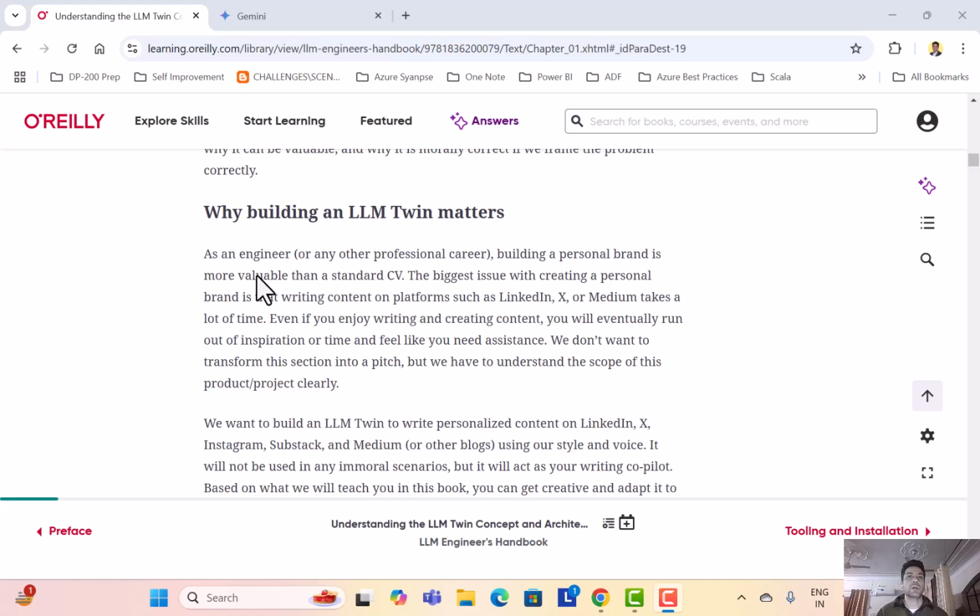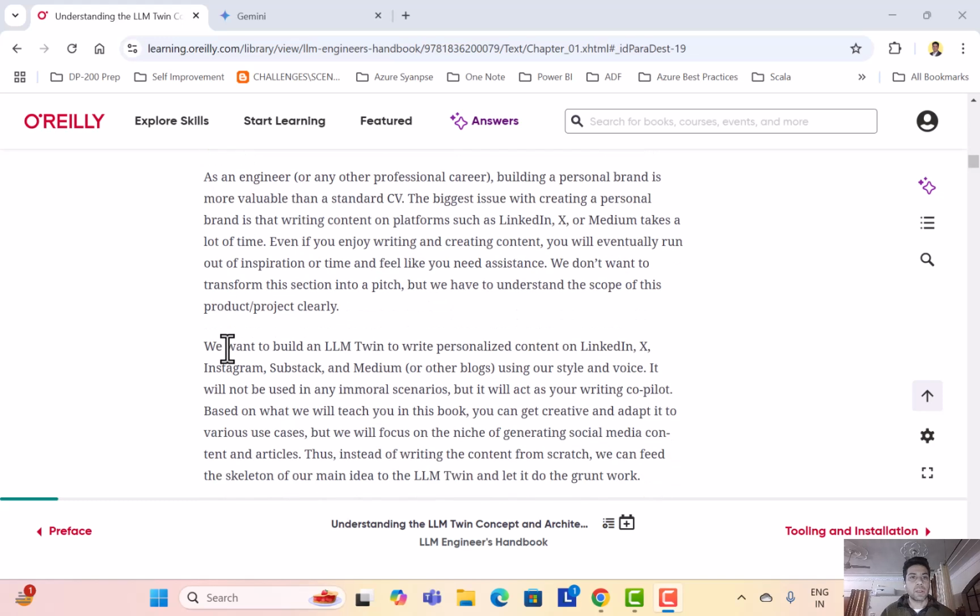I would not go beyond 20 minutes, so let's limit it to 20 minutes, but we will at least try to cover the first chapter, and then we'll move on to the other book. That is how we are going to do this. I hope this style of learning and studying is intuitive. I know I might have spoken quickly while reading the book, but that is how I'm going to approach this. If you have any feedback, feel free to put it in the comments box below, and we will meet you in the next video.